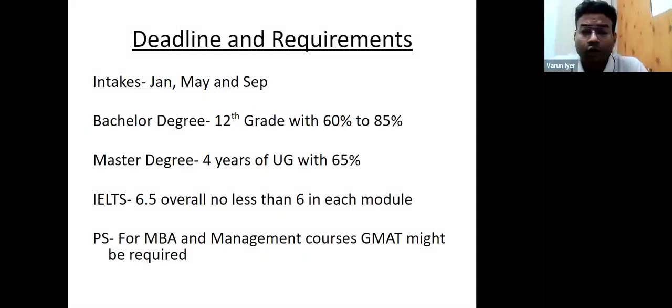Now, whether you apply for the diploma, undergraduate diploma, bachelor's, or master's, it doesn't matter. The minimum requirement for IELTS, which is an English language ability test, is overall 6.5 bands, no less than 6 in each module, in reading, speaking, listening, writing.